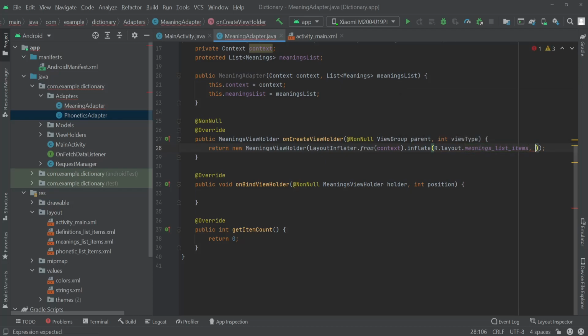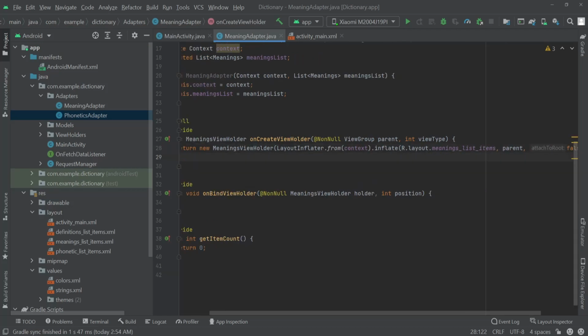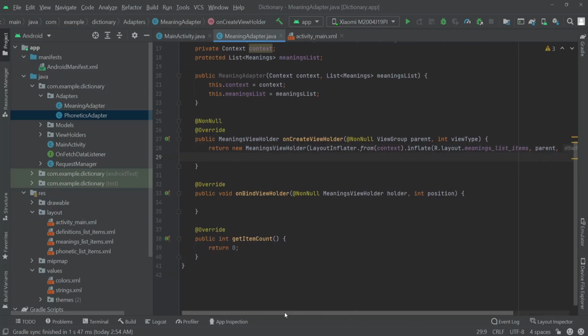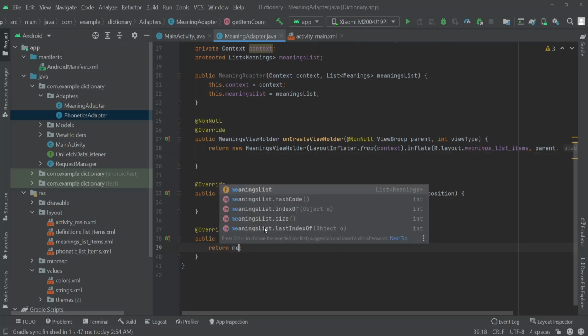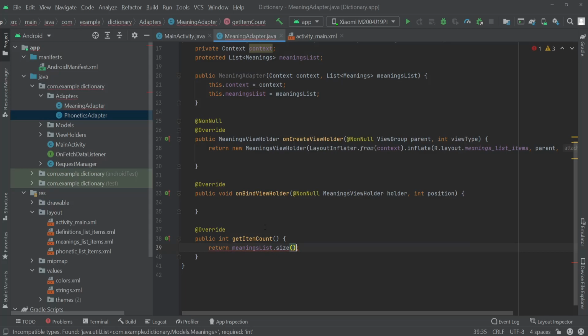The second parameter is the parent and the third parameter is false. All right, and similarly for the get item count, I'll pass a meaning list dot size,